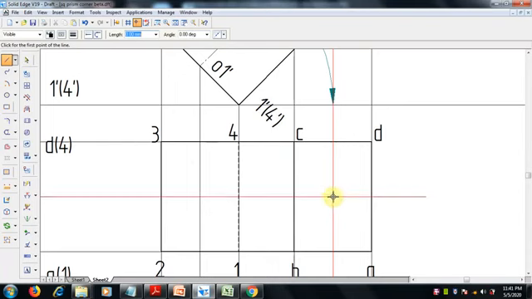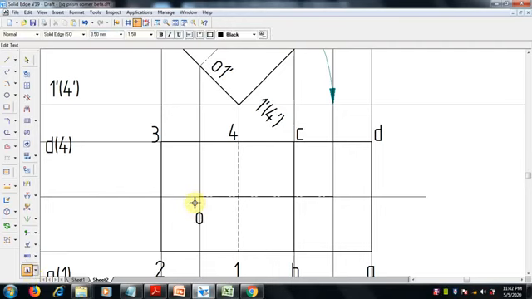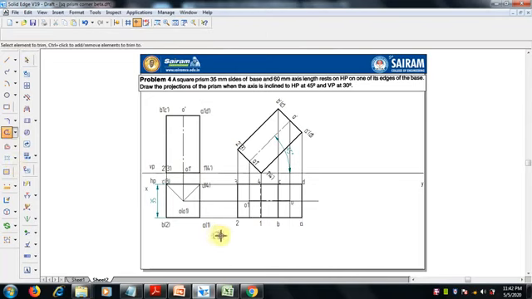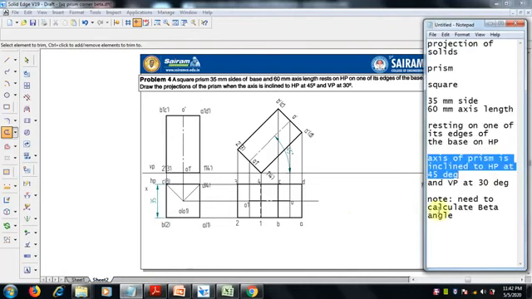Here the two lines are getting intersected, and this is the center line mentioned here. This is bottom O1 and top O, right? Select and move a little bit here, right? Now trim the unwanted lines.